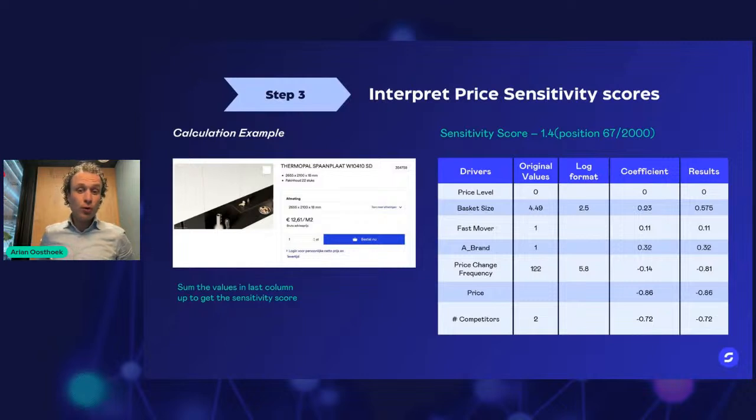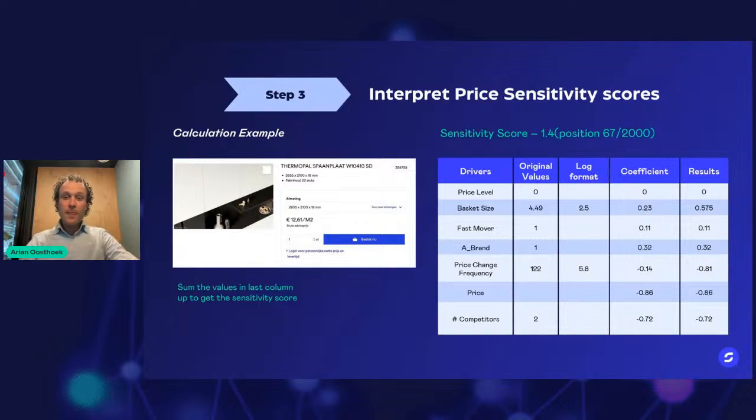It has a certain order in the basket size. It has a product attribute that is fast mover or slow mover. It has an A brand or private label. It has had a couple of price changes in the past, and it has a couple of competitors in the